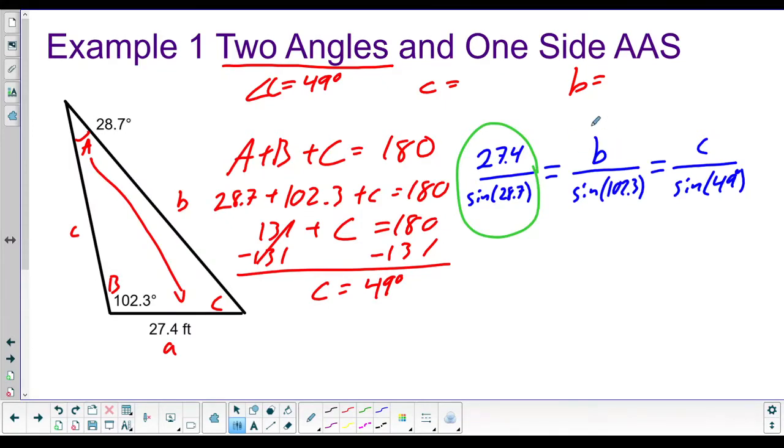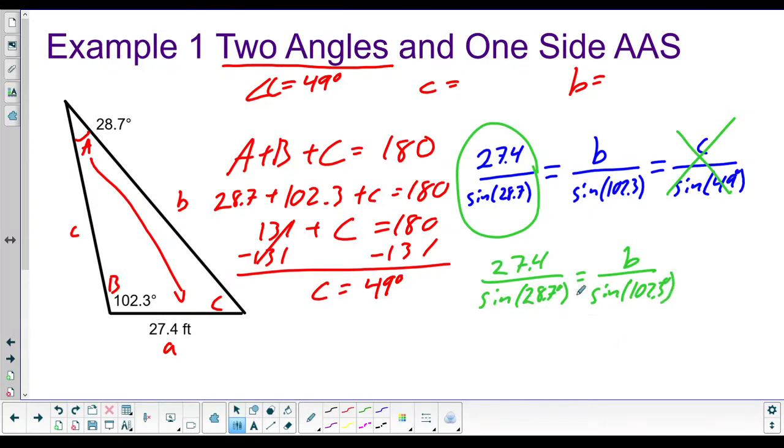So if we want to find B, we're going to ignore this chunk of the fraction for right now. We're going to just look at these two fractions with the equals between them. So we're going to have 27.4 over sine of 28.7 degrees equals B over sine of 102.3 degrees. These two sines are just numbers. So we're going to isolate B by multiplying both sides by sine of 102.3, and then we'll use our calculator to simplify. Okay, so this cancels with this, and we get B equals